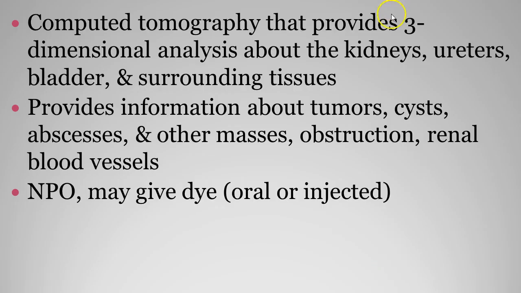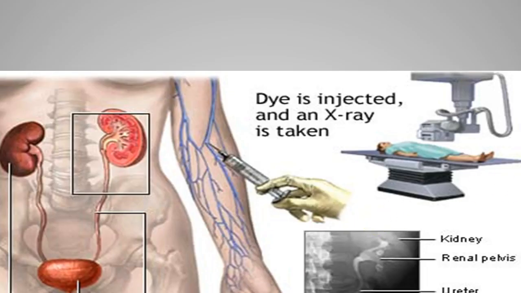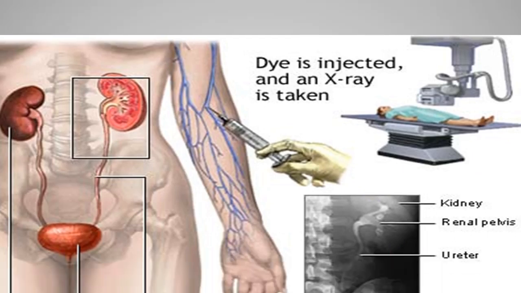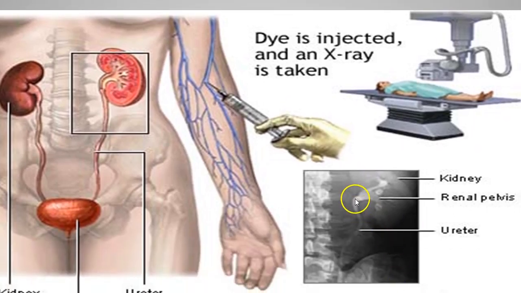Let me just bring this down. Whoops, I wanted to bring this down and show you this slide. You can see it real good here. It almost looks like a coronary artery, but that's what they're doing here. They're looking at the vasculature, and it's kind of like doing a cath on the kidney. Do you know what I mean? To look at the vasculature within the renal system. Okay, so that's what we call an